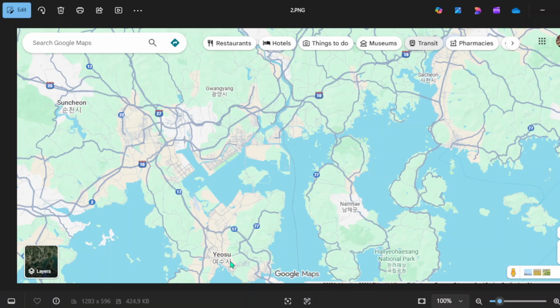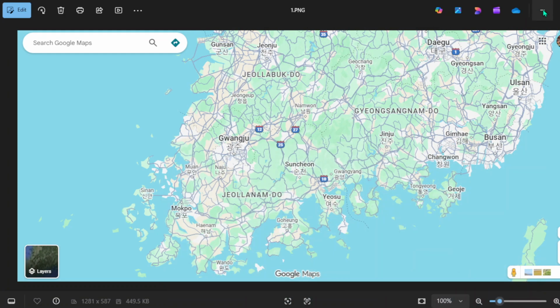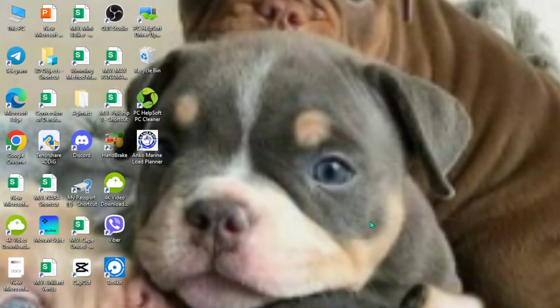So passing this small island of Yeosu, probably going here, and this one, going to this port. So that's it. So you have an idea of the route from Australia going to South Korea.